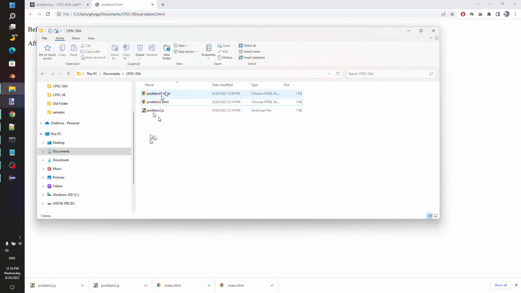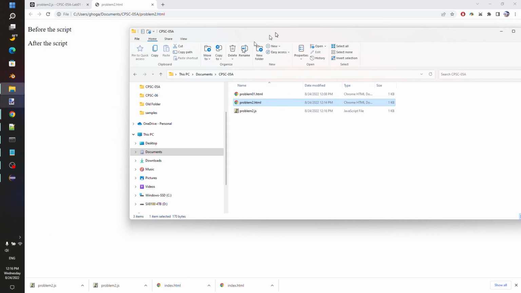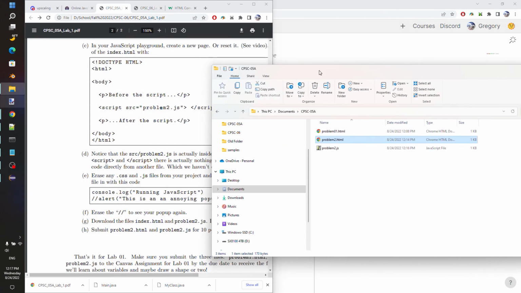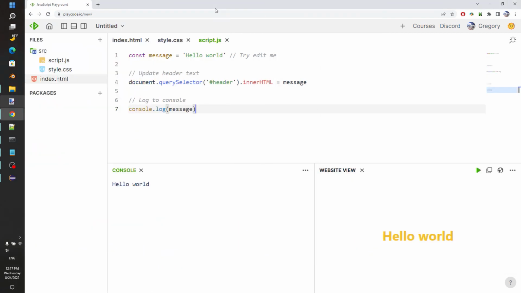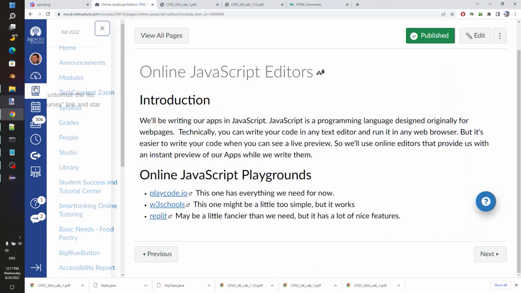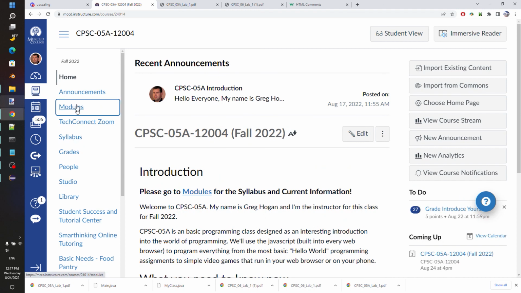So at this point, I've got these 3 files, Problem1 HTML, Problem2 HTML, and Problem2.js. You need to know where those files are. I can help you between now and next week if you need help. And they run in a regular web browser. We just saw that. And I need to turn them in. So to turn them in, you do this. Oops, not this. You go to our class, 5A. You go to Modules,